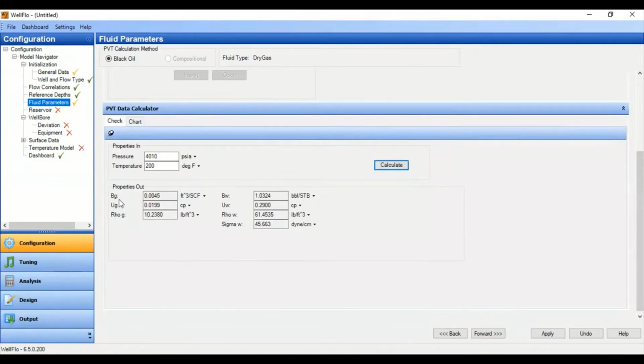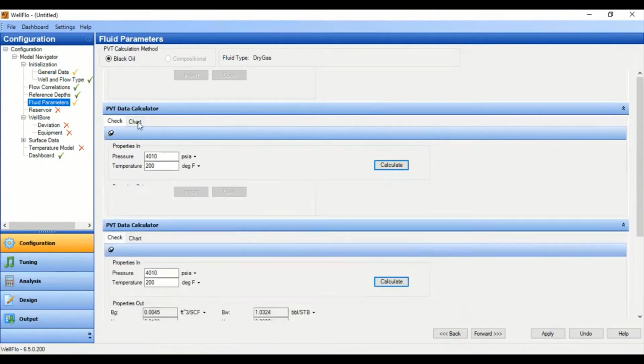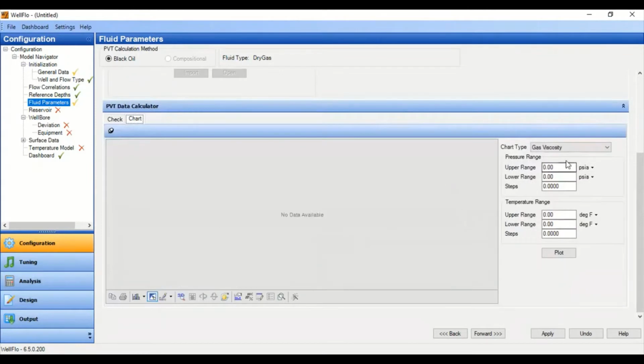So the gas formation volume factor, gas viscosity, and then gas density, and also water formation volume factor, water viscosity, water density will be calculated, including this one, the surface tension of the water. You can also see the chart, okay, if you want to, just by inputting pressure range and temperature range.